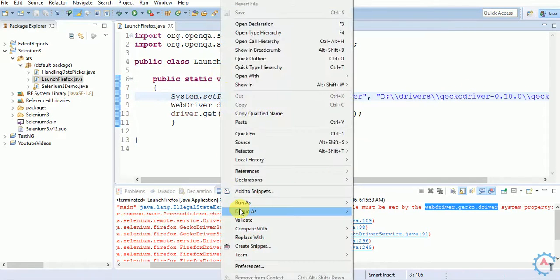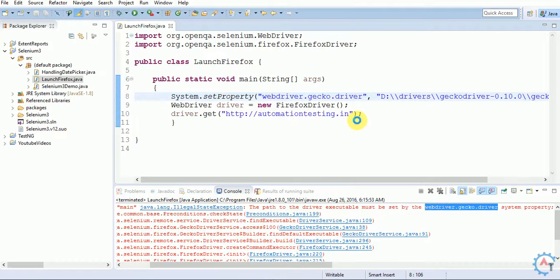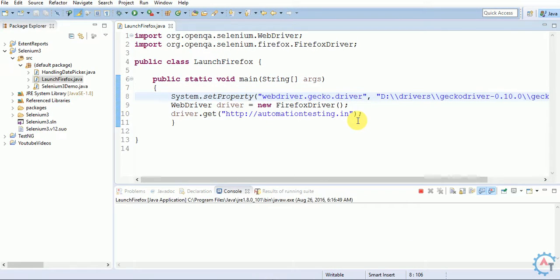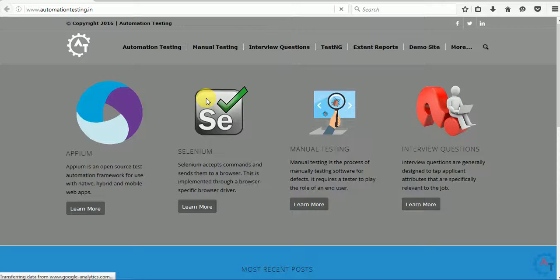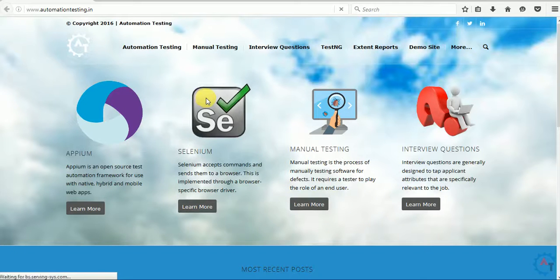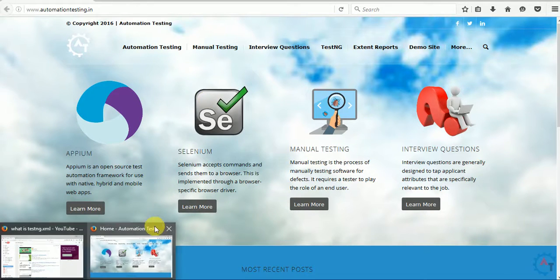Now we'll try to execute the same thing, run as Java application. It launched the browser and is navigating to automationtesting.in. Okay, it's working fine with webdriver.gecko.driver.